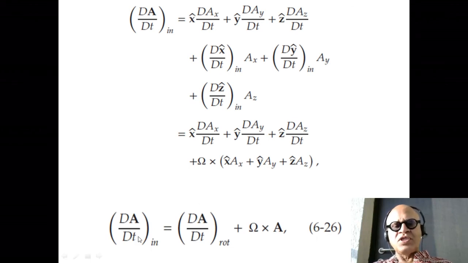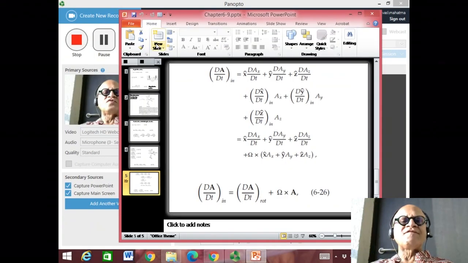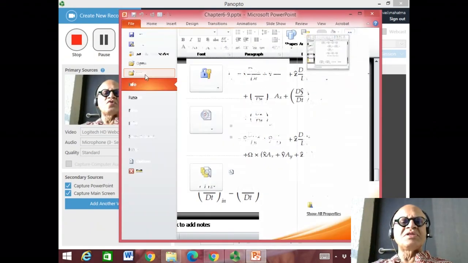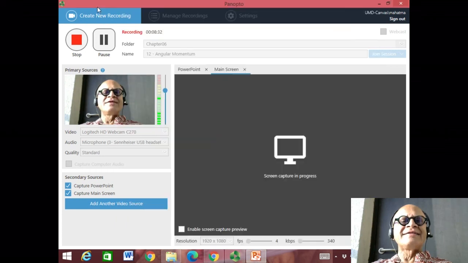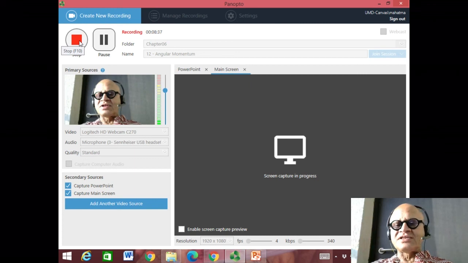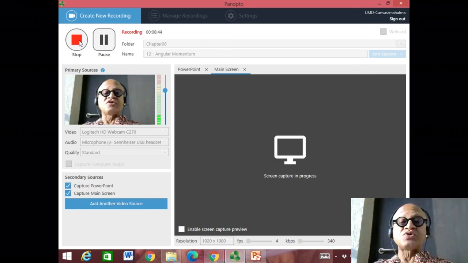That's how you end up with dA/dt in the inertial framework as dA/dt in the rotational framework plus omega cross A as the total. Okay, so we will have to look at this in a bit more detail and then add this on a sphere. That's what begins to make it just a tiny bit more interesting. So just make sure that you follow